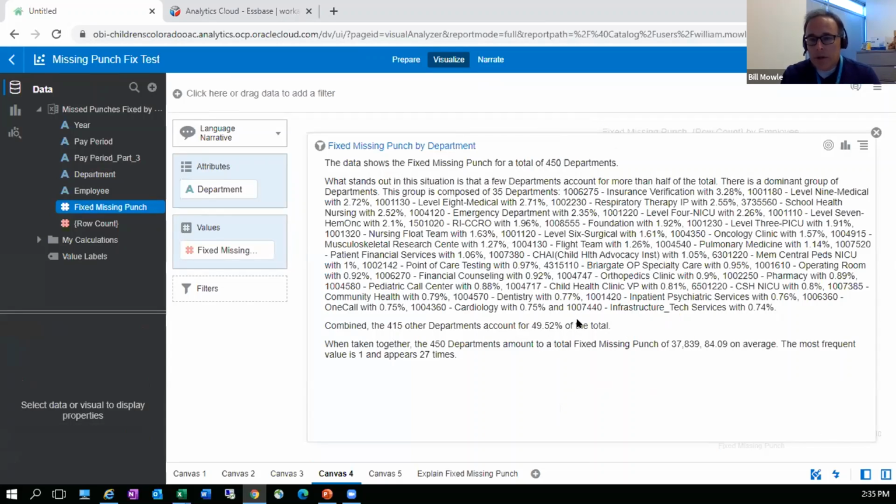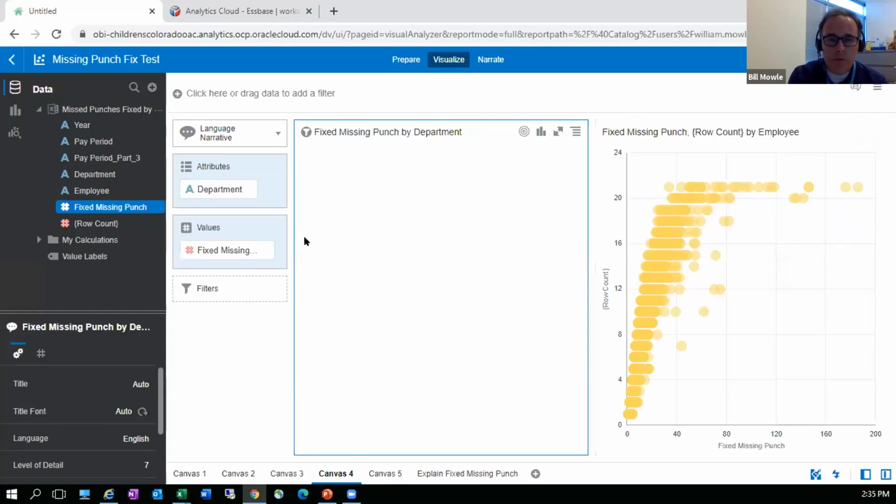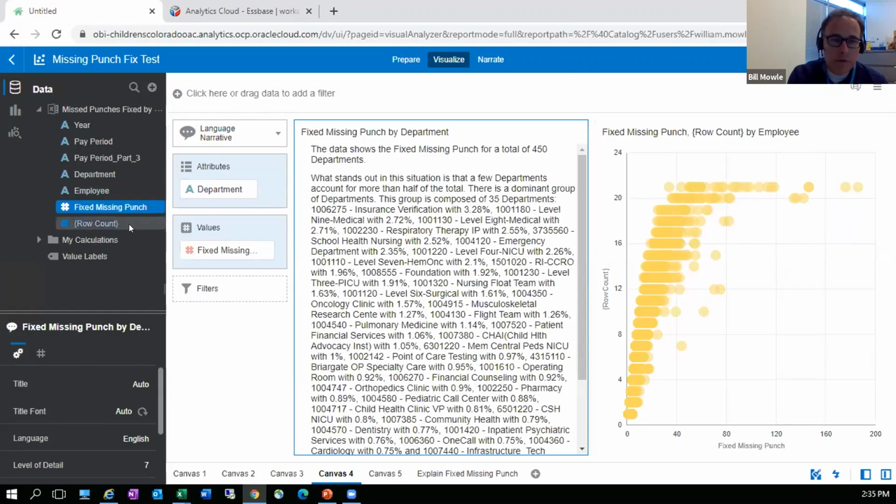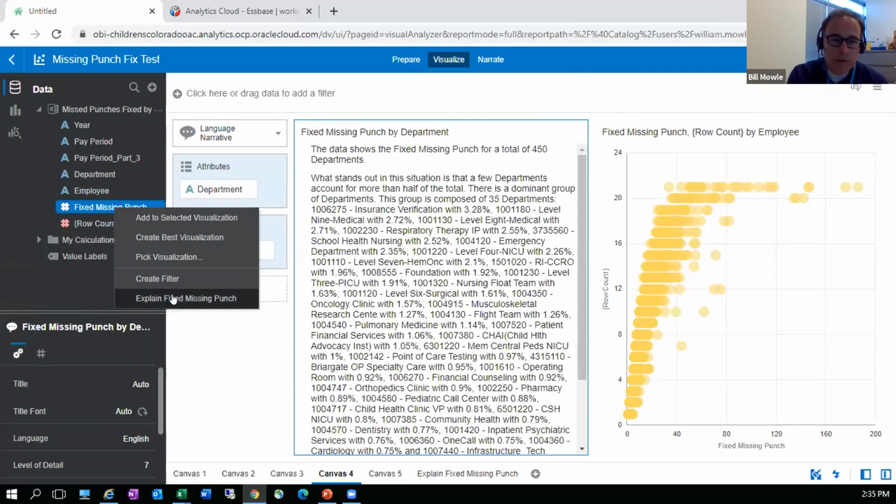So it does that quick analysis and tells a story very rapidly of a data set. And you could take any data set that you have, again, just in Excel. If you've got rows and columns, bring it up here, create a data set, and it'll read and detect some patterns. The other cool feature out here is if you've got a particular measure, you can click the explain button